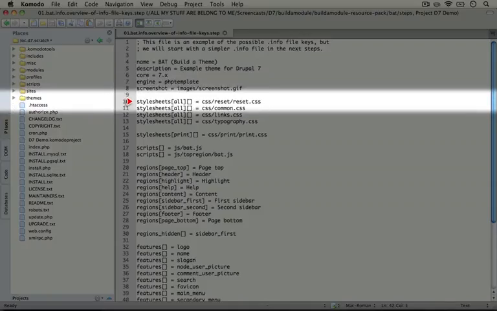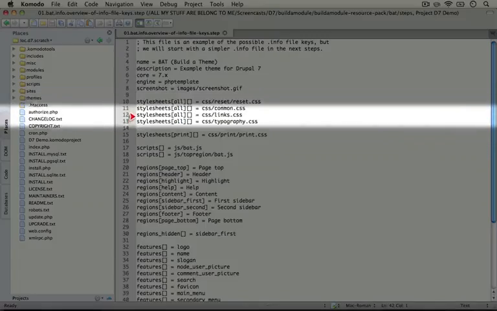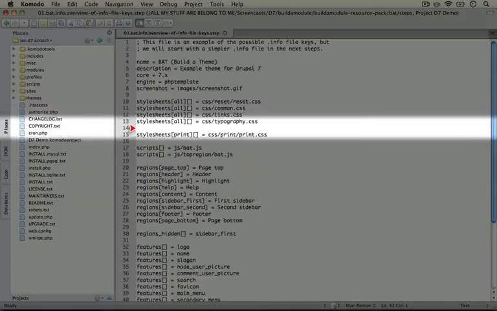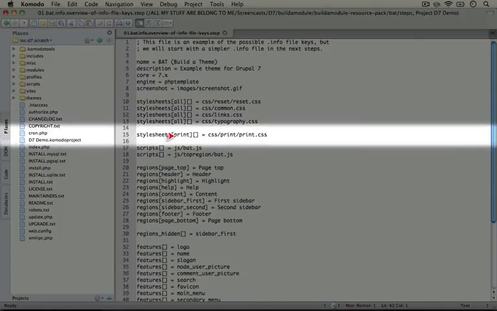This next setting for style sheets is a little different than the ones above. You see that there are brackets and then another set of brackets before we get to the value of the key. What this is, is an array. So what we're doing here is taking the style sheets variable. We're specifying an item inside of this style sheets variable called all, and then we're adding new items to this style sheets all variable by adding empty brackets at the end of the variable. So what this does is add an additional item to this variable each time we specify it, and you see it's specified 4 times. Now if you look down here, we have a print item in here.